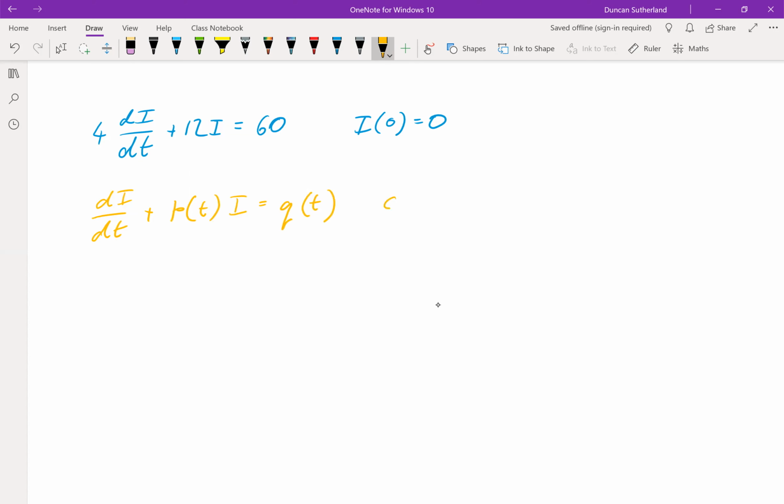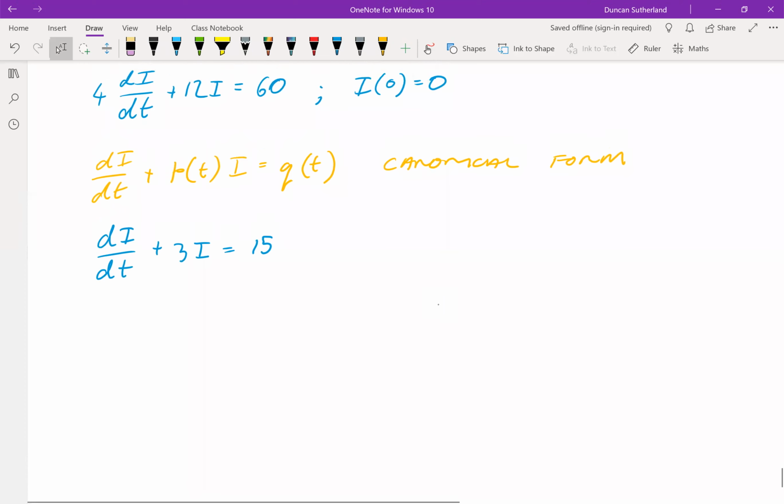Right, that's our canonical form. And we've got this 4 floating around, kind of messing things up a little bit. But 4 is 4, so we can just divide through by it. Oops, not an equal sign, plus 3i equals 15. We do also have this initial condition that's unchanged by this division, obviously, but this is the ODE now in